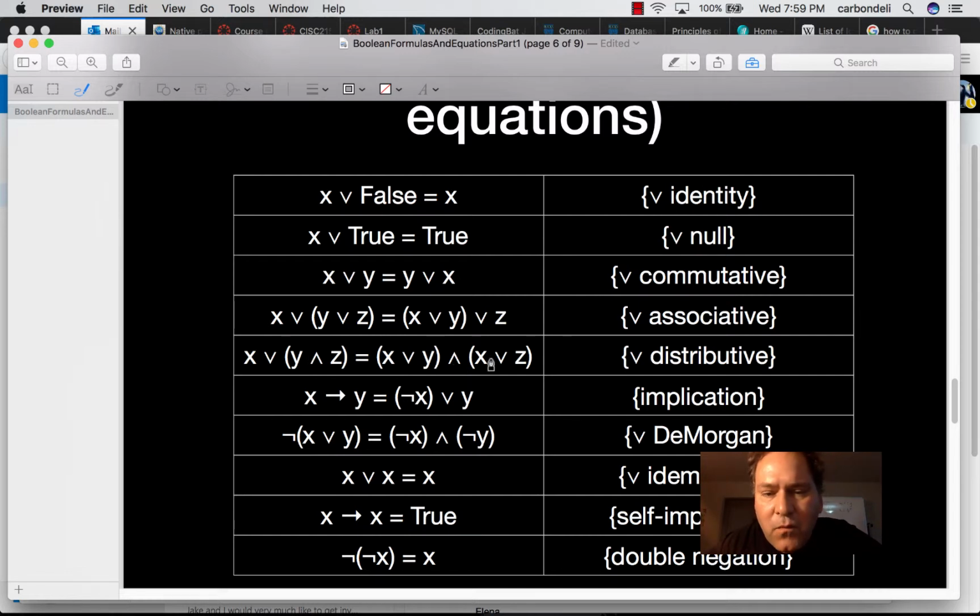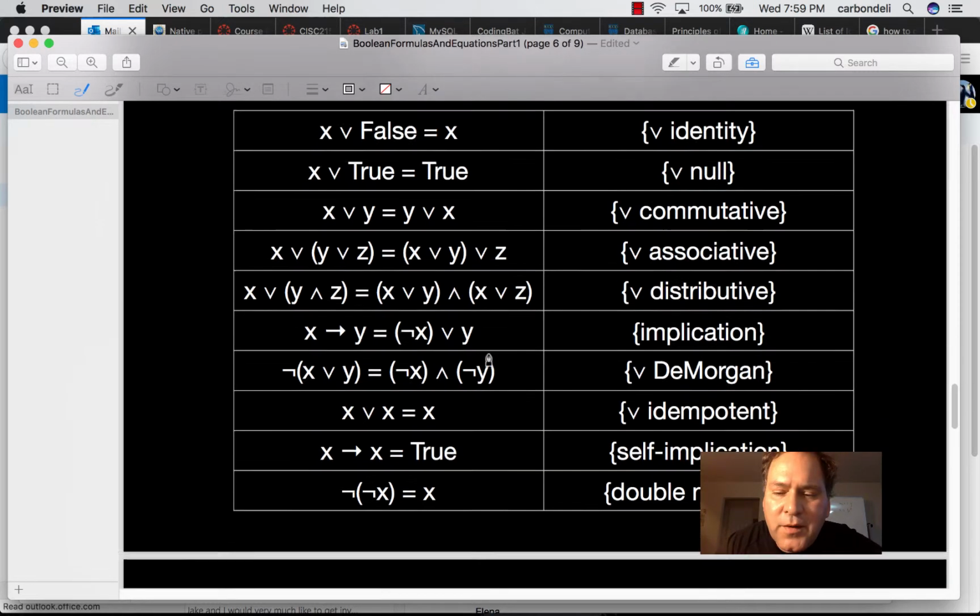And this axiom here, the OR distributive, makes sense even if we're working with sum and product and variables which assume integer values. However, just keep in mind that we are, in this slide, talking about Boolean values, and a Boolean variable like X or Y or Z, as you see here, is going to assume one of two possible values, either true